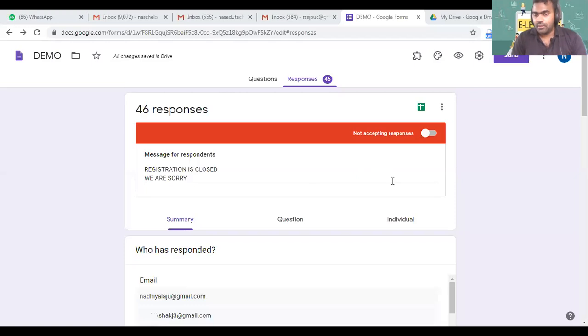Sir, I just want to know, now we will type the Google Forms and we will save it. After saving, if we want to make any changes, do we have to create a new form, or can we make changes there and then? You can make the changes. After making the changes, whoever comes to respond will only get the changes. Those who have already responded wouldn't have that option. Okay, fine, sir. Thank you.